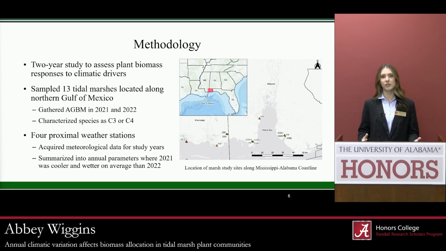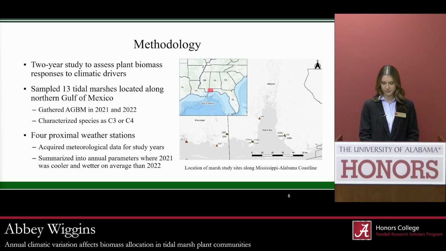To gather our meteorological data, we utilized 4 proximal weather stations to these sites. And then with that raw meteorological data that we gathered over the 2 years, we then summarized them into annual parameters, such as total precipitation or days of extreme heat or days of extreme rainfall. And with that, we found that 2021 tended to be a cooler and wetter year than 2022, which was